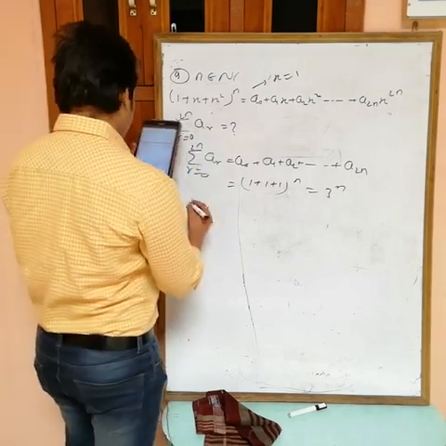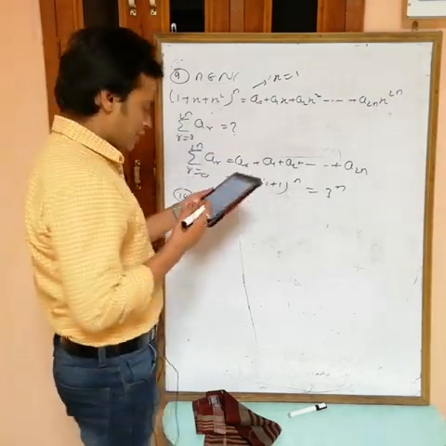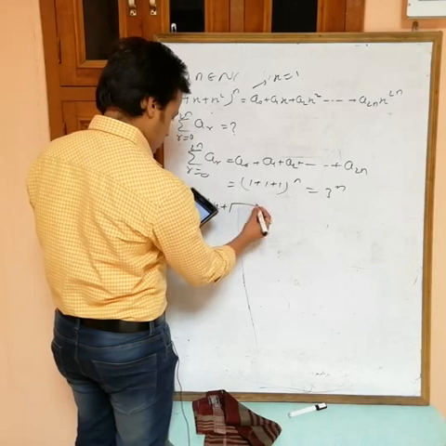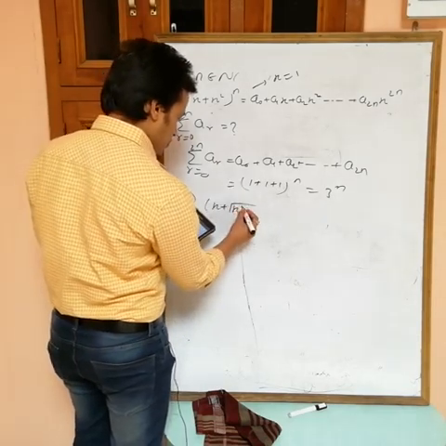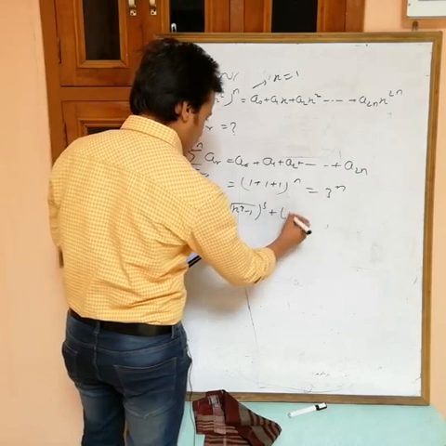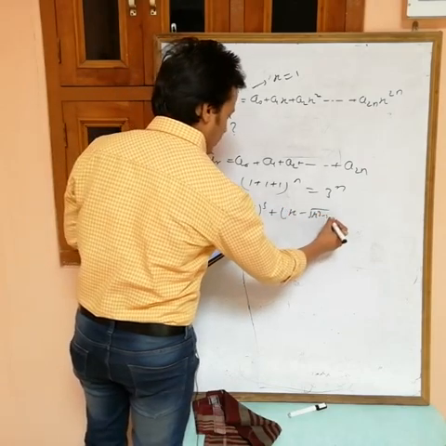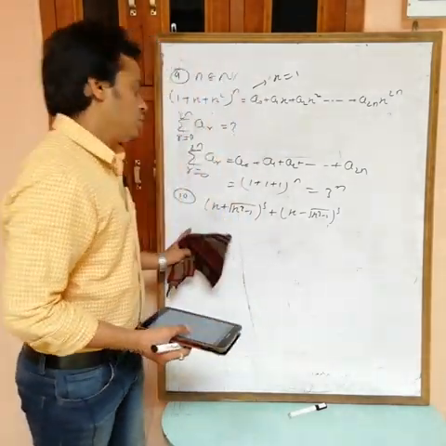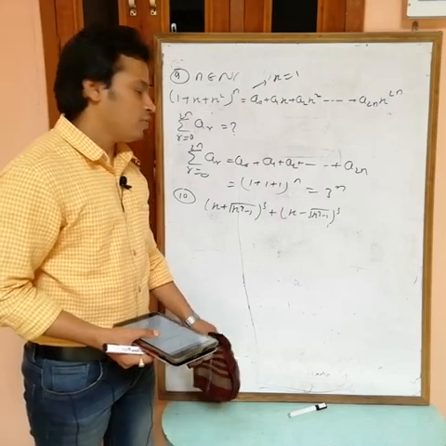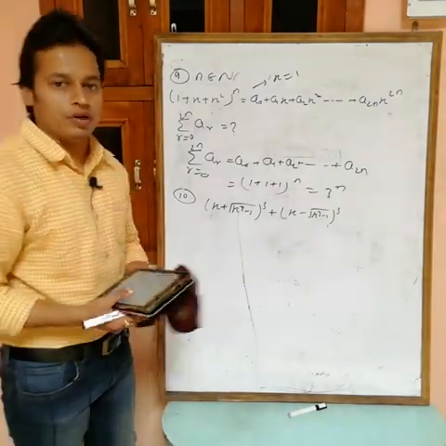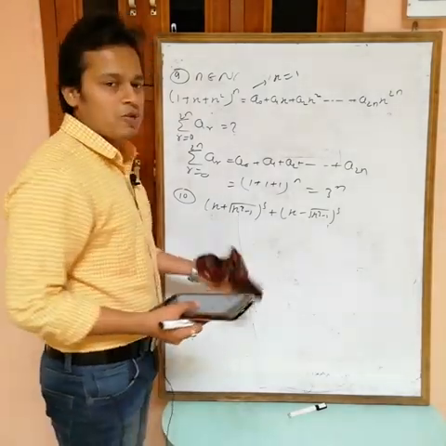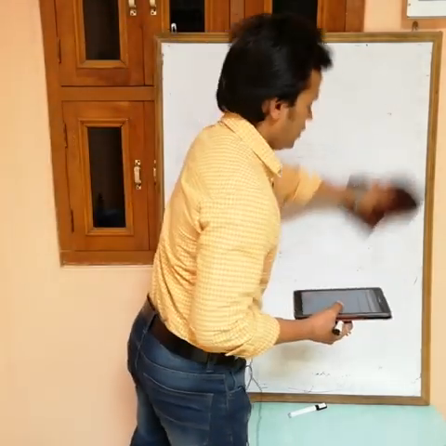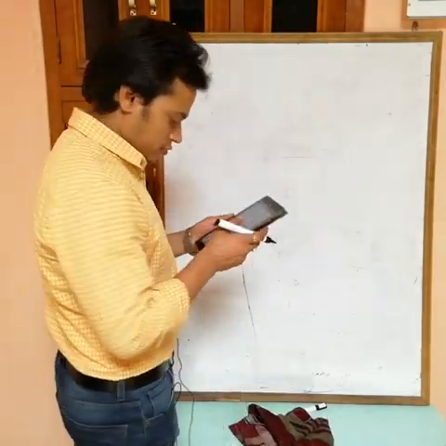Now the 10th one. In the 10th one, the expression is a polynomial of degree, (x + √(x³ − 1))⁵ + (x − √(x³ − 1))⁵. This is (a + b)ⁿ + (a − b)ⁿ, which equals twice the sum of the even terms or odd terms. Use that one, and you will get the highest power of x as the degree. Easily you will get it; actually, that question is directly from the sheet also.